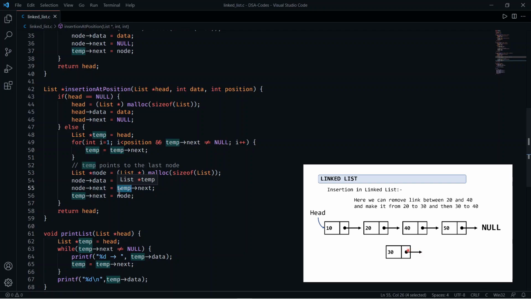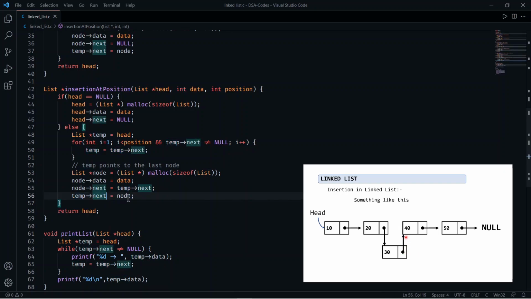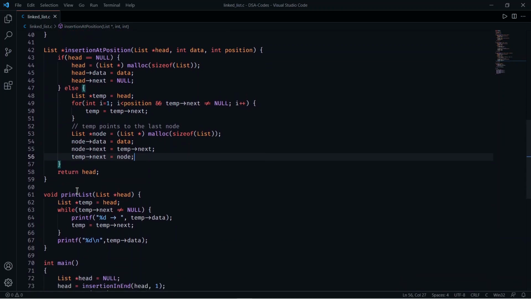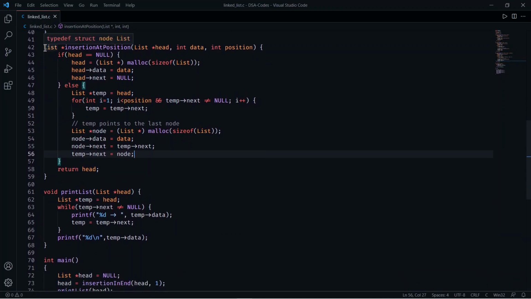So temp arrow next contains the address of the next node. Now we are making the next pointer of this node equal to the next pointer of this temp node, and the next pointer of the temp node becomes equal to node. So this function should insert data at the particular position.